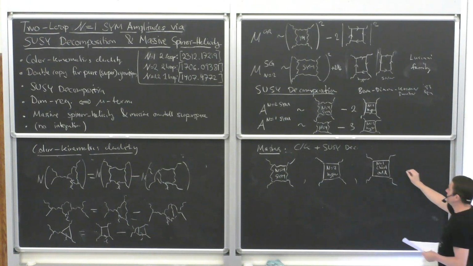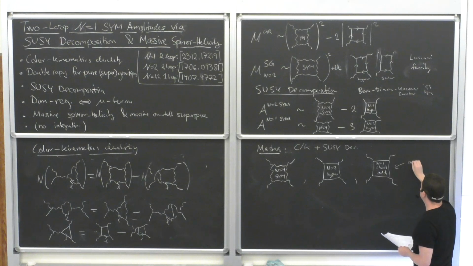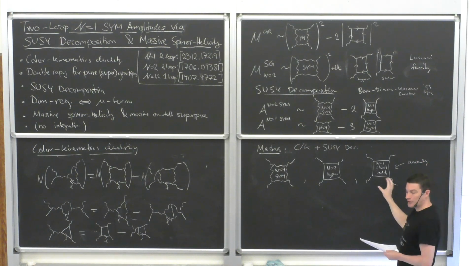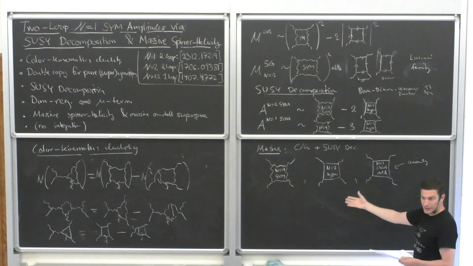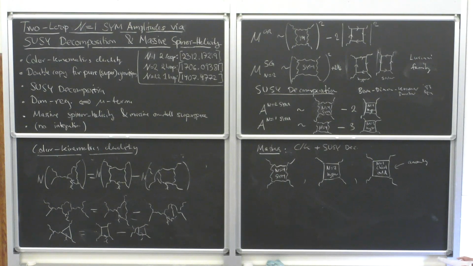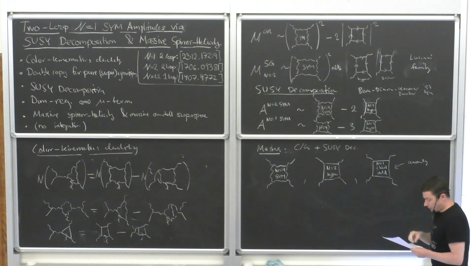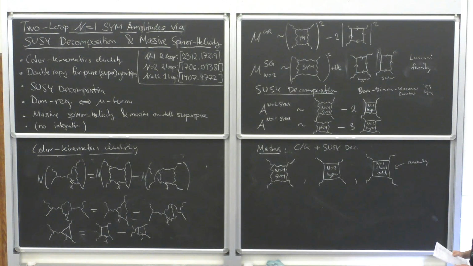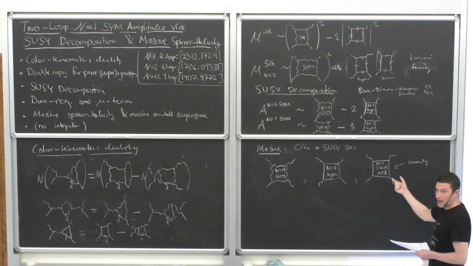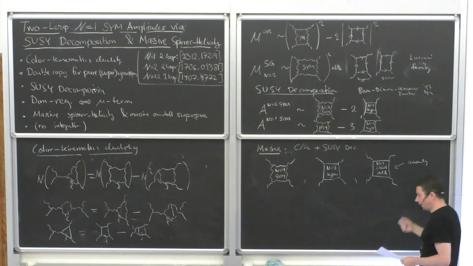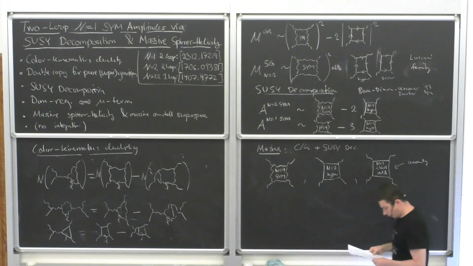Now, I did say that this one gives the anomaly. Once you use the Jacobi on this one, it gives you a triangle, and that triangle is going to be anomalous. So you might ask, why do I even care about this one? Well, it turns out that when I do supergravity and I double copy this graph, it actually does contribute. It contributes with a non-zero result and something which is no longer anomalous, which is interesting.